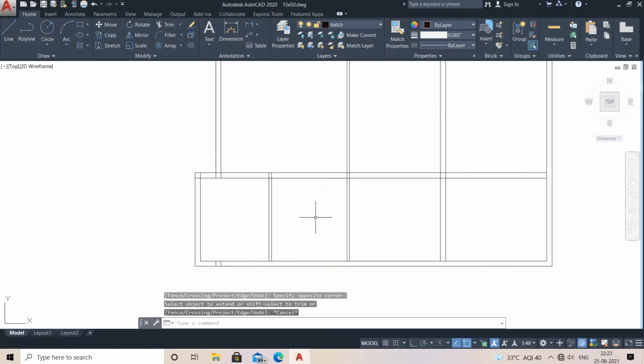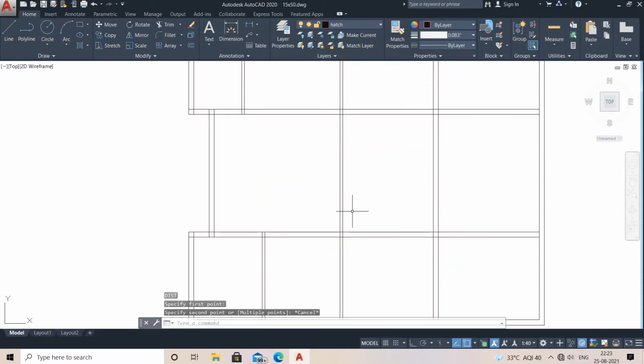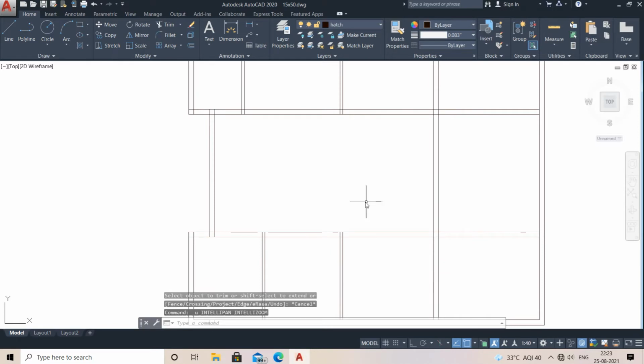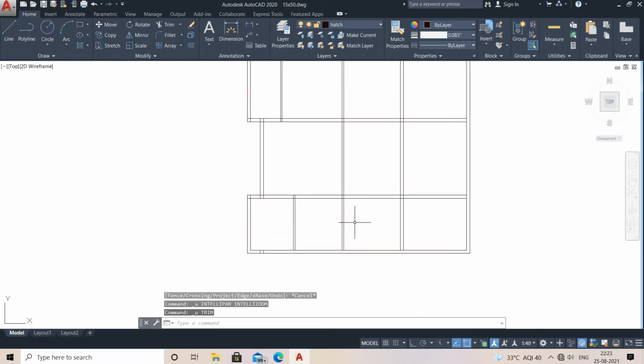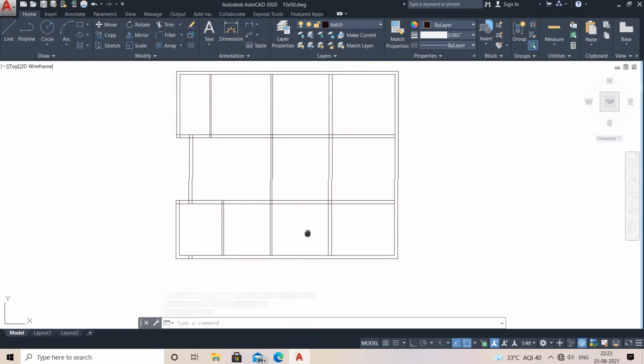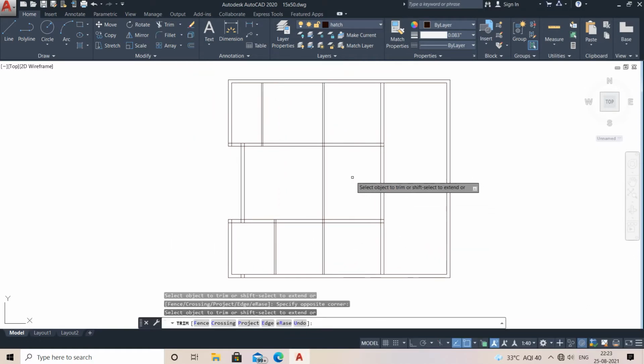Now you can check it. With DI, how much is it coming? It is coming 11 feet. So yeah, that is fine for my bedroom also. Just trim it. If you do not want to trim, you can let it be. Okay, after that what you need to do, here this will be your parking, right?